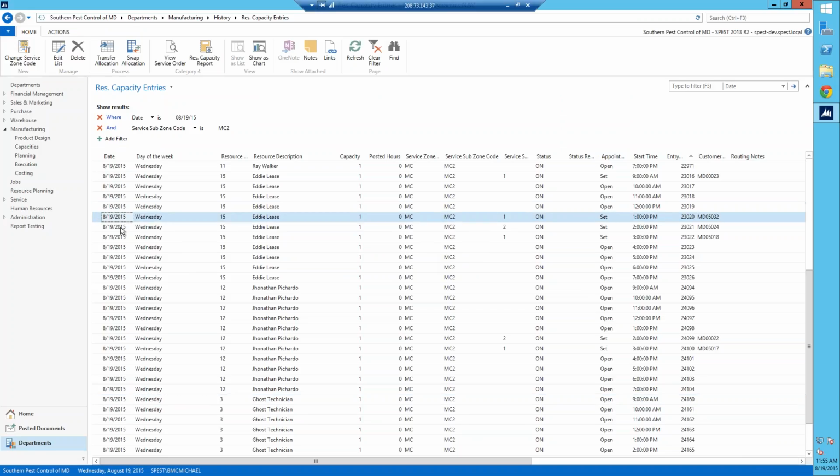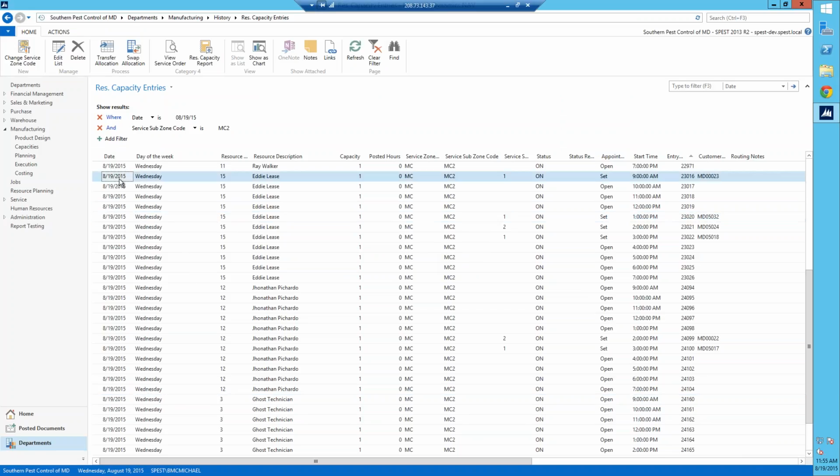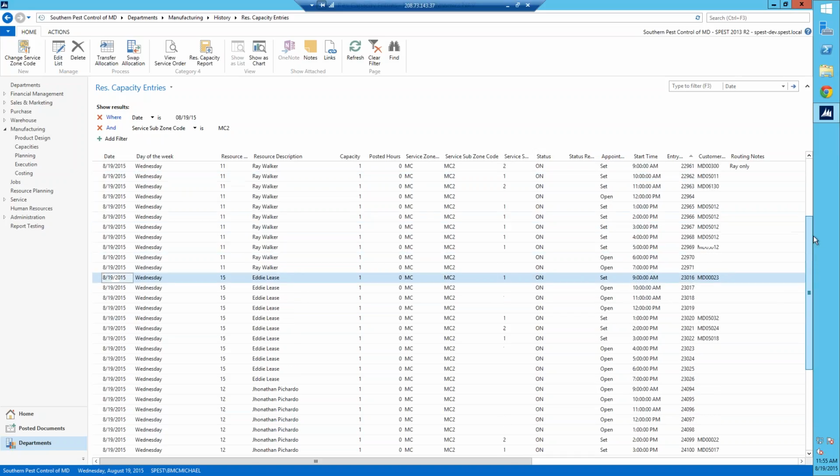Okay. And of course, you would use that just like we normally use it. You don't have to go to the ghost if the other person is just open. You know how now you have to do it to the ghost, right, Amy. So you could either just do a swap allocation, but if you want to say move Jonathan's 9 to the ghost, so you could put Eddie's on, you know how you swap it back and forth like that, then you can use the ghost technician to do that third party kind of thing,